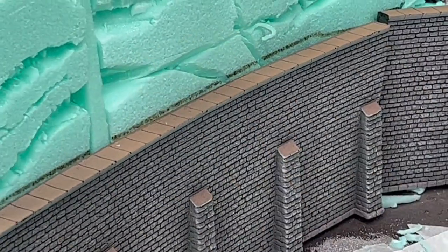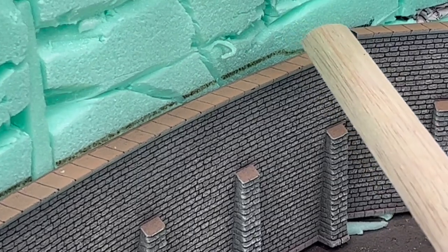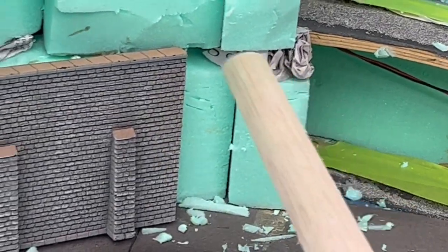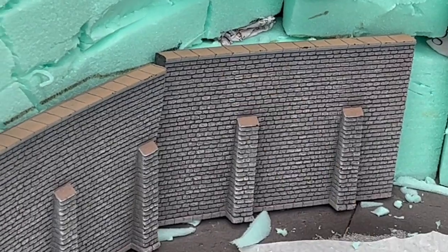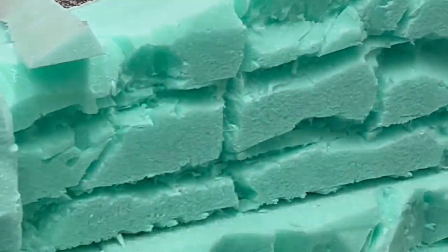I had it bent to the perfect roundness, perfect angle, and then I decided to come out over here a little bit, and so this wouldn't match, so I tried to bend this a little bit more and it broke. So that's okay, I'll just glue that in, and I might even leave the crack because it might add a bit of realism to it. So that's where we're at